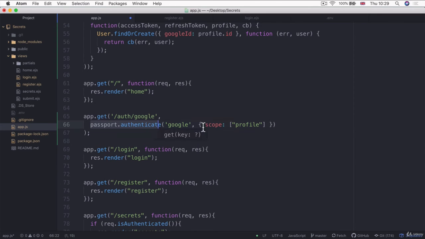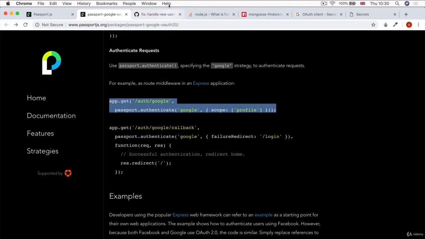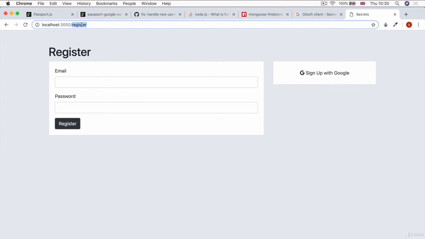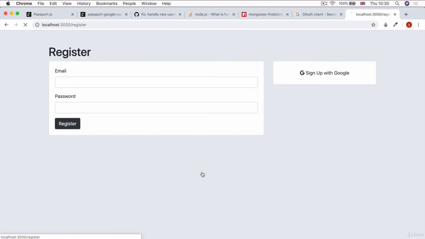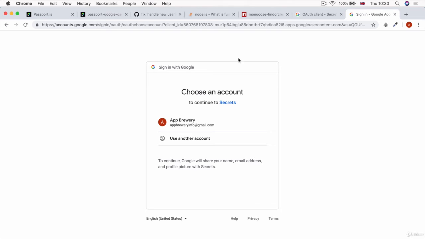And this line of code here should be enough for us to bring up a pop-up that allows the user to sign into their Google account. So let's go ahead and save our app.js and make sure that our server is still running. And let's go ahead and test it out on localhost. So let's head back to the home page, go over to register and click on sign up with Google. And now you can see we get redirected to a page on Google itself, and we're able to log in using our Google account. So I'm going to select my account to log in, but then I get an error and it says cannot GET